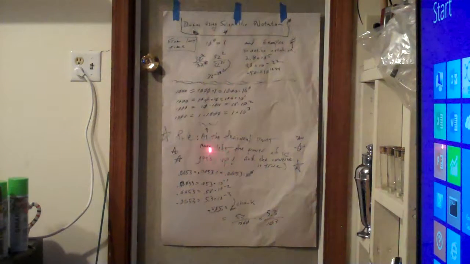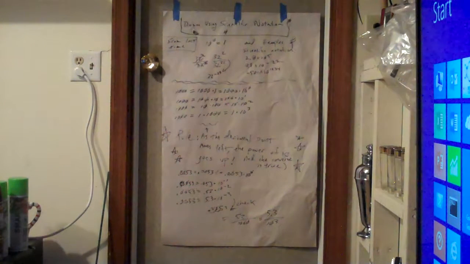For each move, if the decimal point moves left, the power of 10 goes up by one, and conversely, as the decimal point moves right, for each movement, the power of 10 goes down. As I said, I know I'm going to mangle these words. I apologize. But let's take a look at